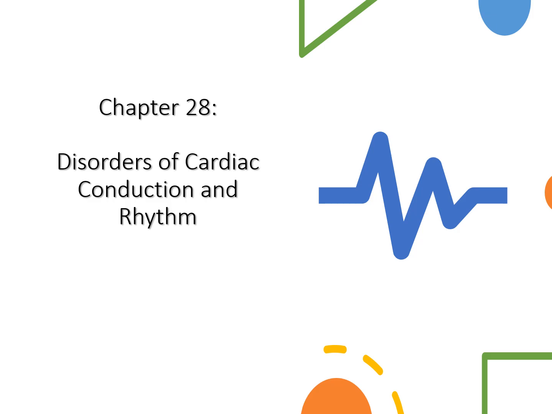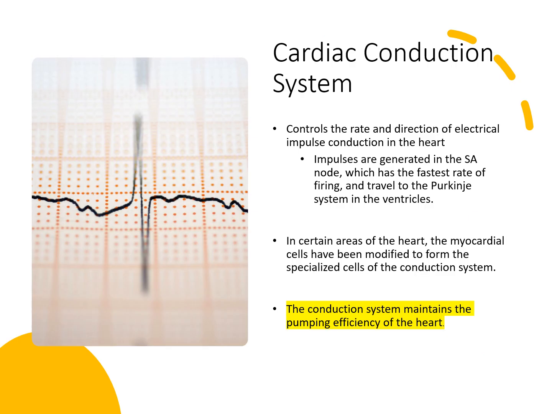Chapter 28 discusses disorders of cardiac conduction and rhythm. So we're going to start by talking about the regular cardiac conduction system. The purpose of the system is to control the rate as well as the direction of electrical impulse conduction